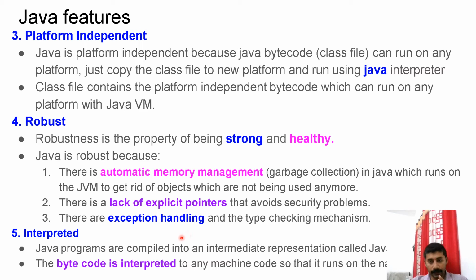So Java is interpreted, and the advantage is that because of this interpreter, to run the Java program you don't need too much memory. You need only minimal resources. It is not compilation, it is interpretation, so it is accomplished part by part. The resource or memory requirement for interpretation is less compared to compilation.